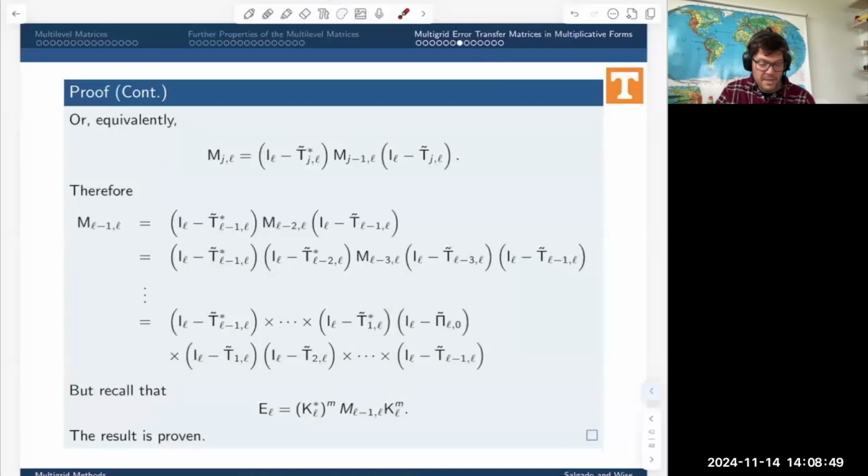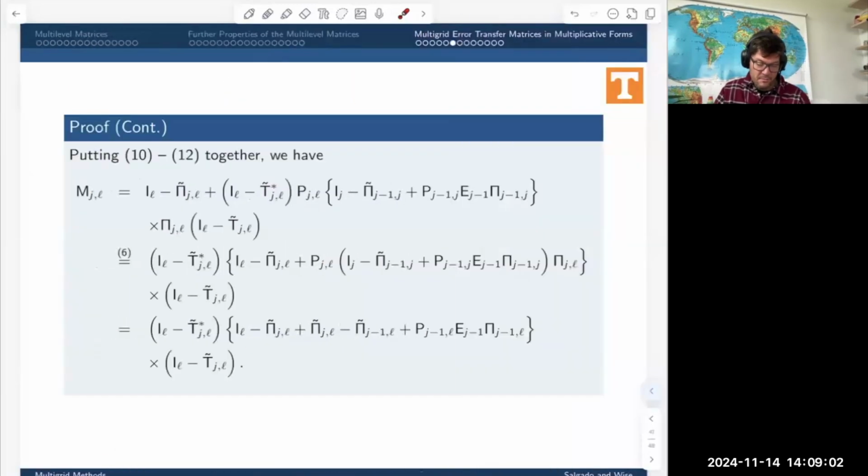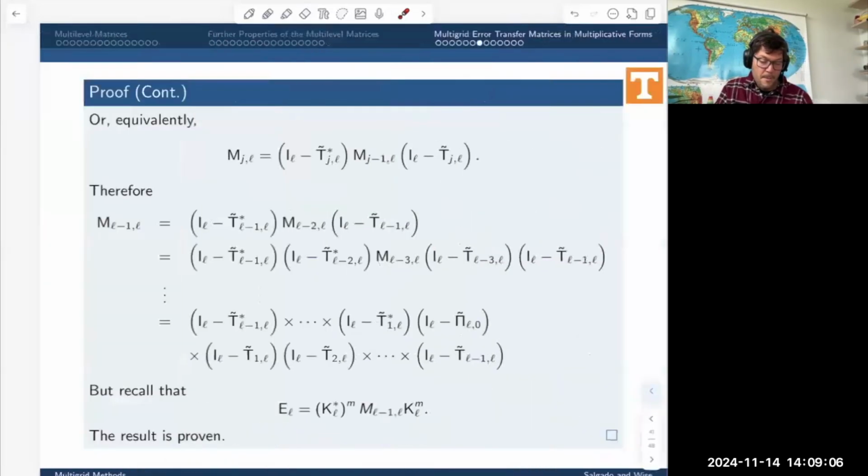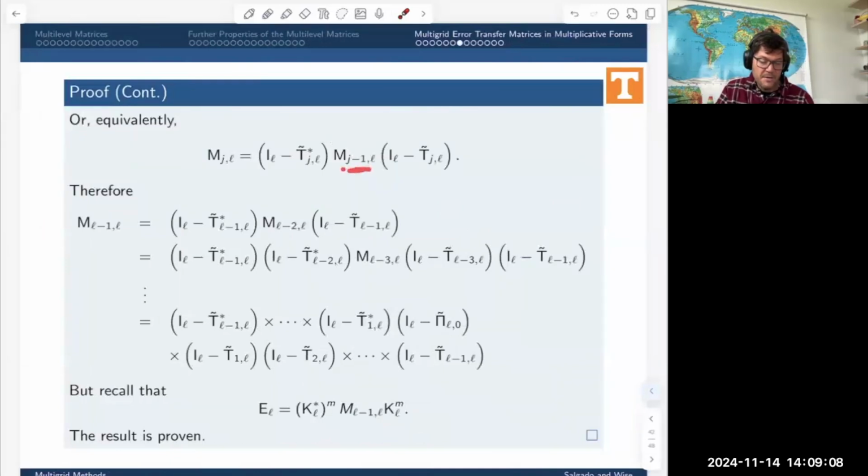So what I've just shown is that MJL can be rewritten as this product pre and post times this guy in the middle. So that's what this thing is after doing my cancellation. What's left is going to be the MJ minus 1 L matrix. That's really cool. Now I can keep doing this. I can keep performing manipulations like this. So for example,